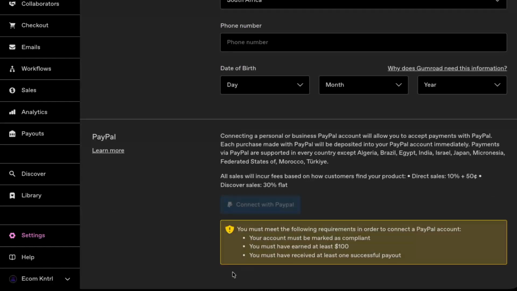Once your bank account is successfully added and saved, Gumroad should now display the option to connect Stripe or other alternative payment methods. At this point, you can click the button to connect to Stripe and follow the on-screen